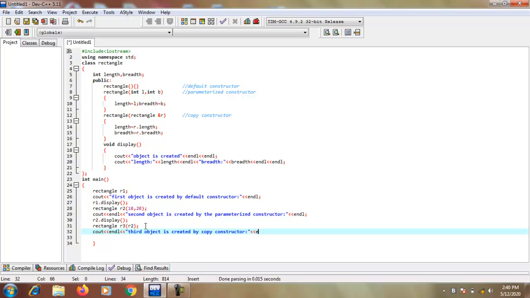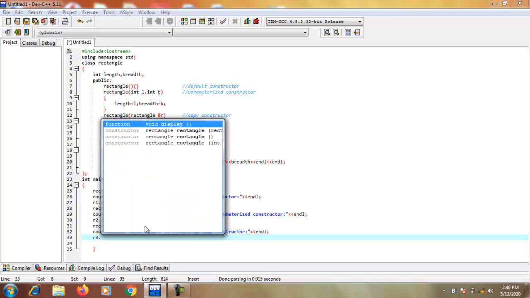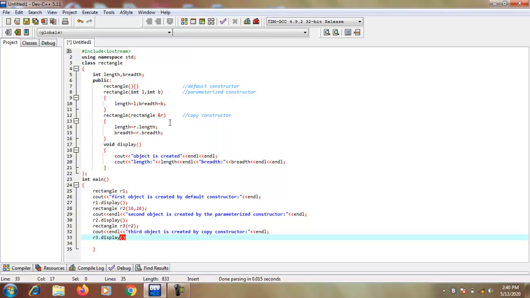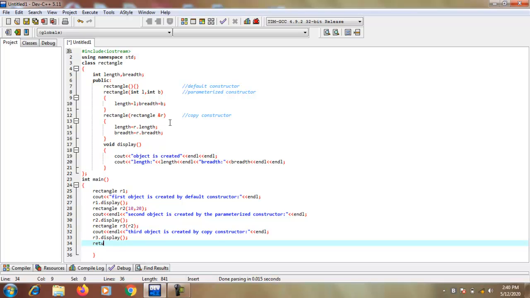Then I write endl, then I simply display the value of the third object, and then return 0.